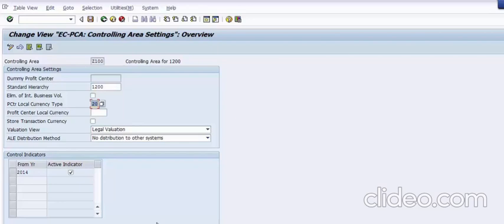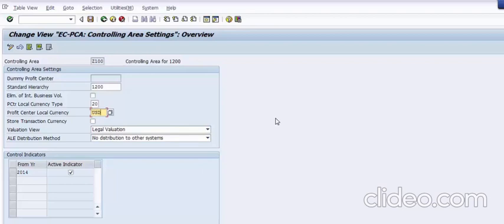Now in this we need to select the currency of the company code or the controlling area. This setting is directly related to the fact that a profit center can store transactions posted to three different currencies at one time. But what we would be needing as of now is the currency for the controlling area or the company code. So we will be taking it over here as USD